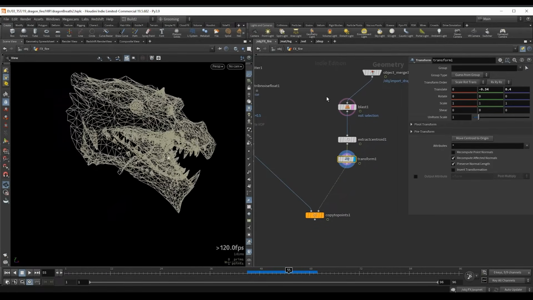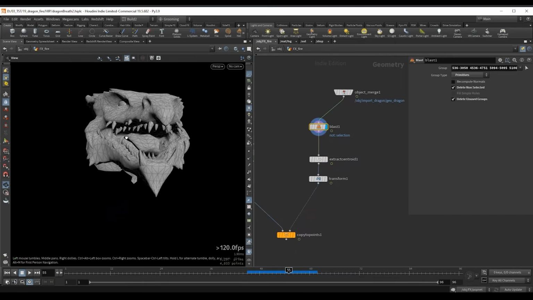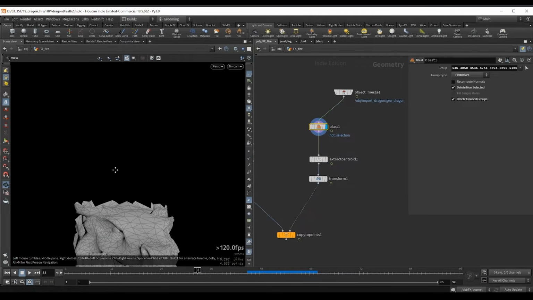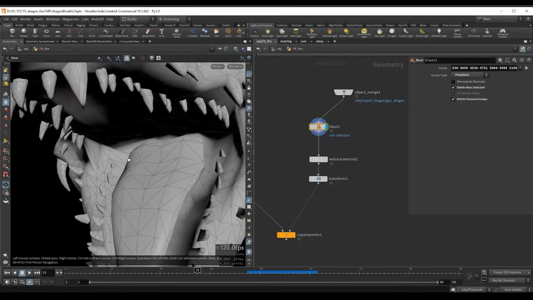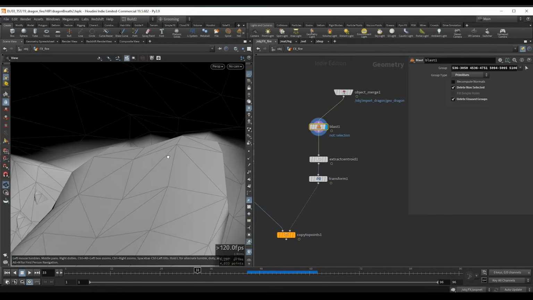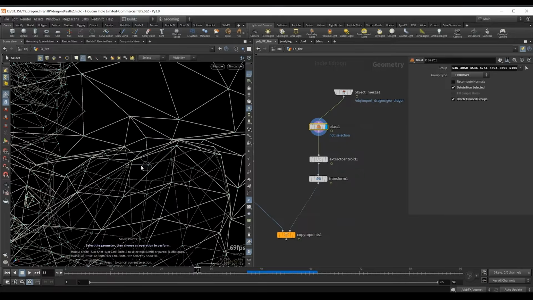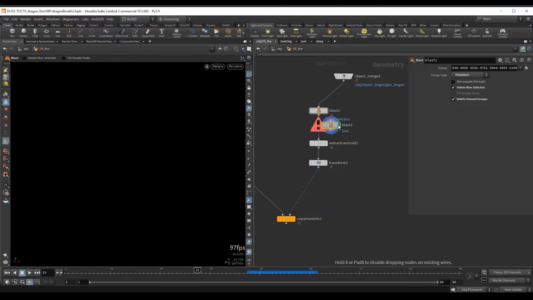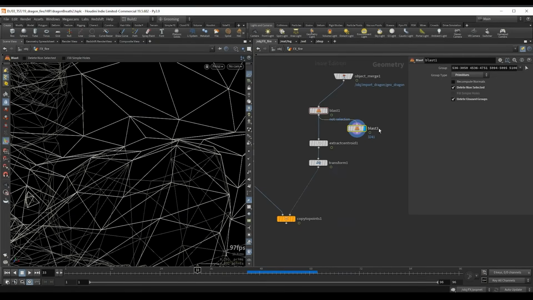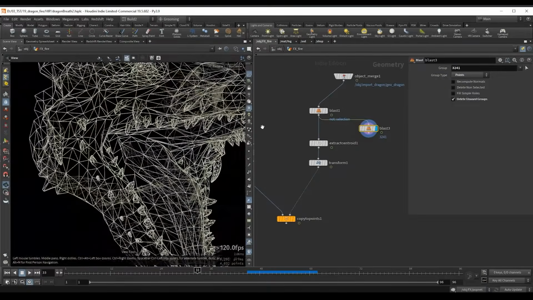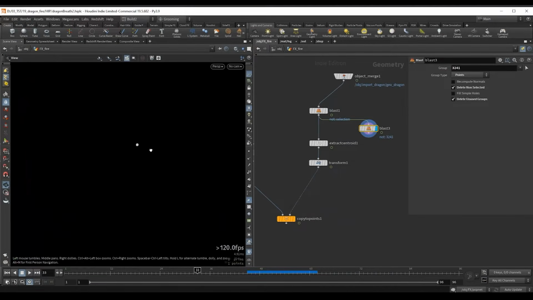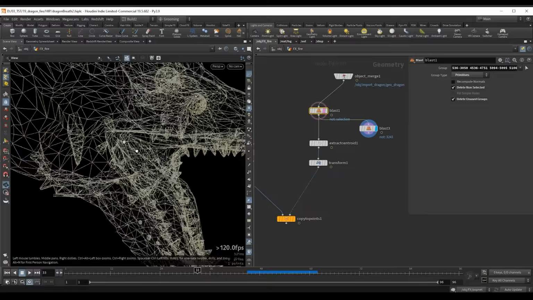And in order to do this, we can go to our geometry and we can grab one of the points from our geometry here. And the best point that I found for this will be one that's right in the center of the mouth. So if I press W to go to the wireframe, I can press S here, and let's press 2 to grab our point, and I'll just grab this one over here in the center. Let's press delete, and we can disconnect this blast node from over here and create a separate chain. So if I look at this blast node and I set this to delete non-selected, we have this point over here that's right in the center of the mouth.